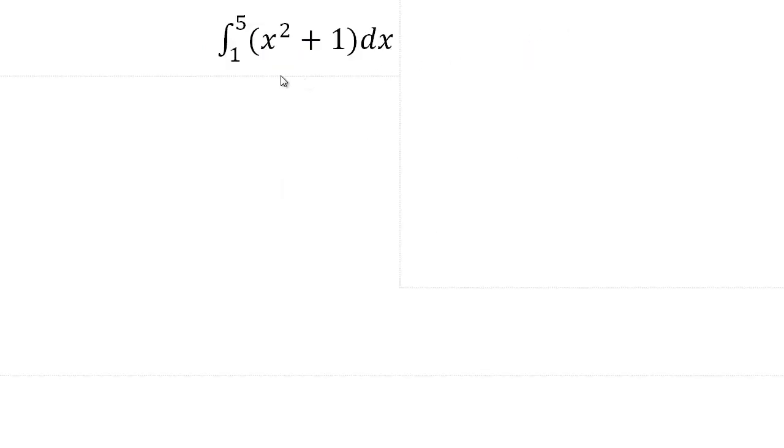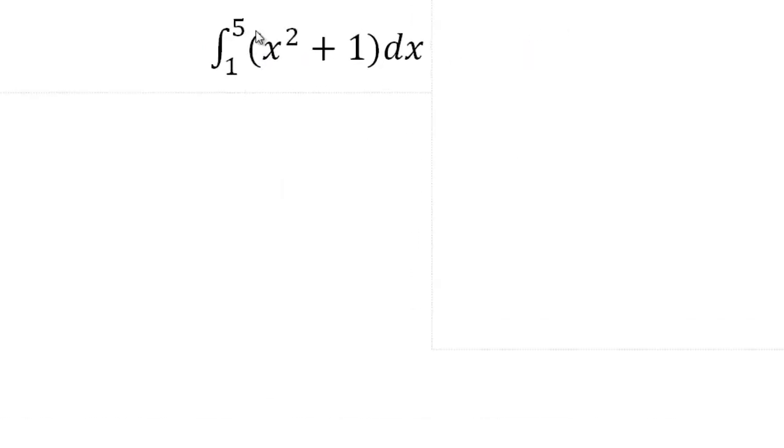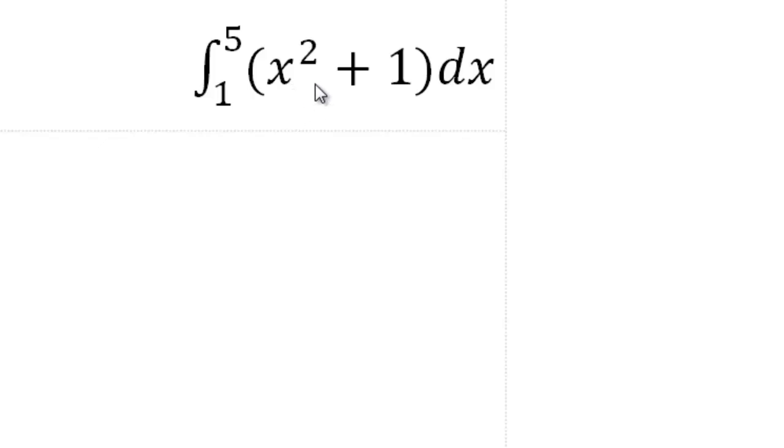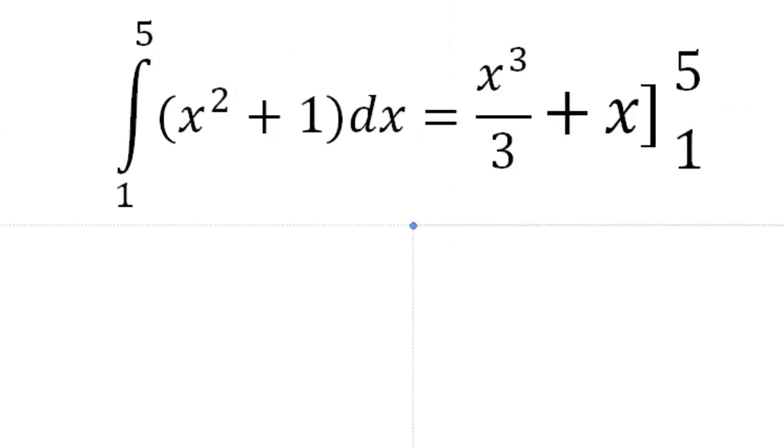Let's say we're trying to evaluate the definite integral from 1 to 5 of the function x squared plus 1 dx. So we're going to integrate this function, and if you'll recall from our rules of integration, we can split this up using the sum and difference rule, and this becomes the integral from 1 to 5 of x squared plus the integral from 1 to 5 of 1, which when we write it out in our new notation is 1/3 x to the third plus x, evaluated